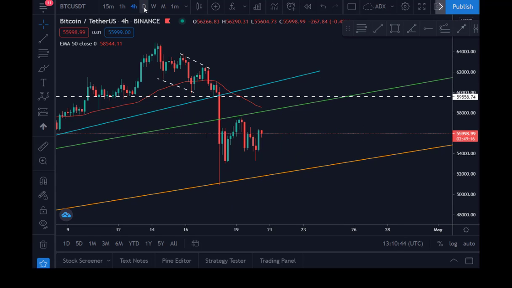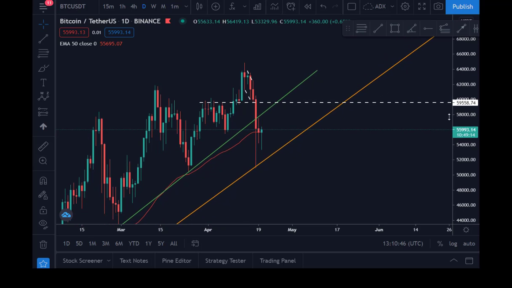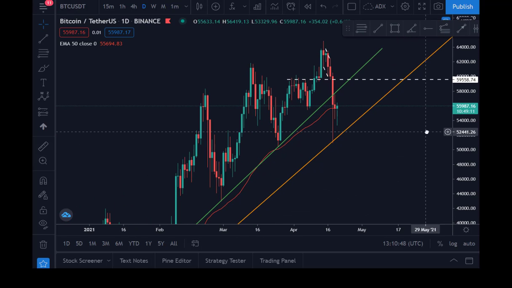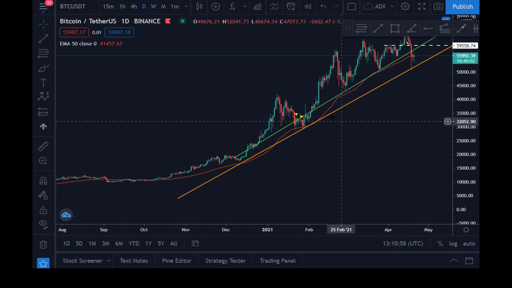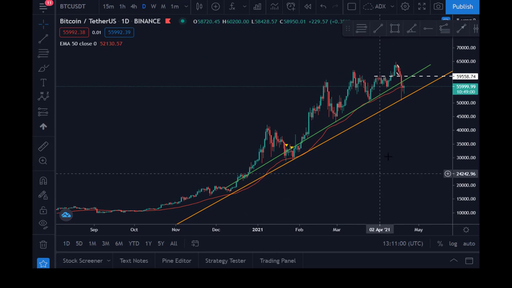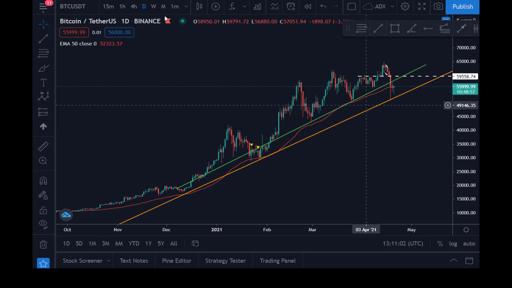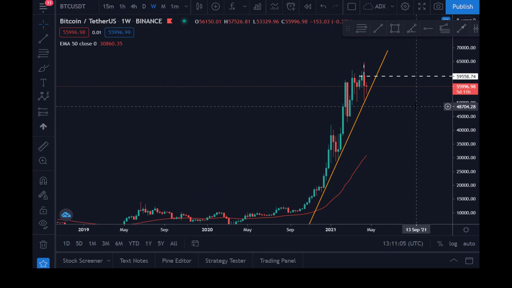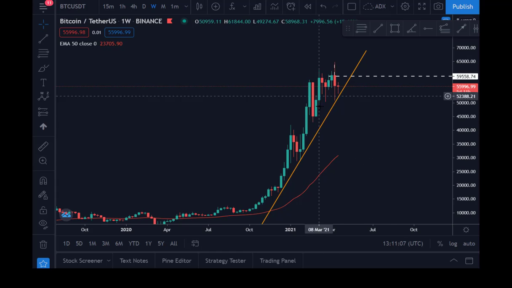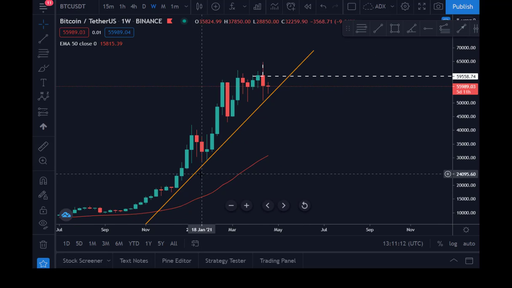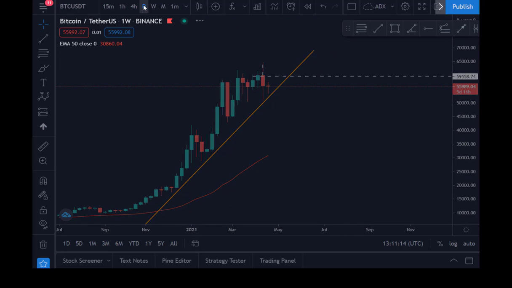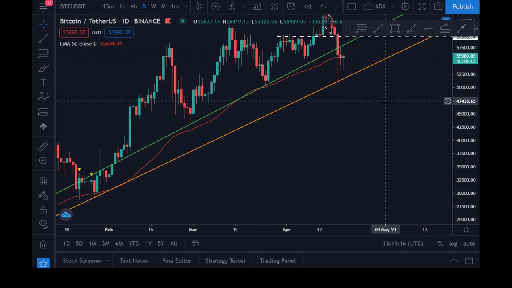And if you take a look at it from daily, you can see clearly that the market has broken this long-term trend, guys. This trend is a very long-term one. Okay, you can see that it has been here long-term. So where the market actually bounces off now, I think this is a weekly chart, a weekly trend. Yeah, it's actually bouncing off from a weekly trend, but on a daily trend, it has broken.